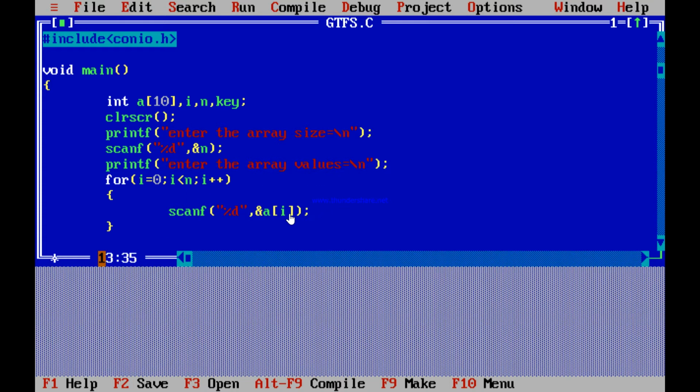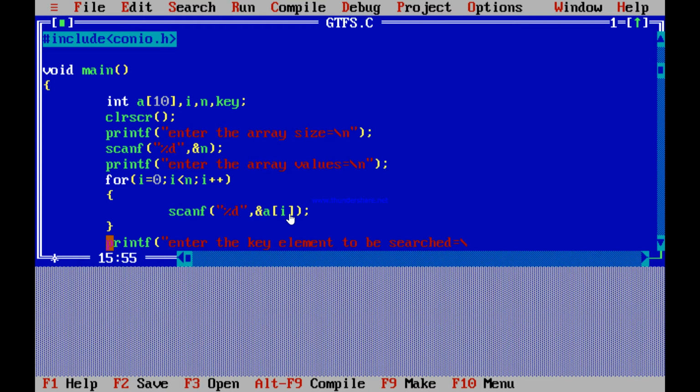Now after this for loop, we'll again use the printf function to print onto the output screen, and we'll ask the user to enter the key element to be searched, and this value again will be given by the user.